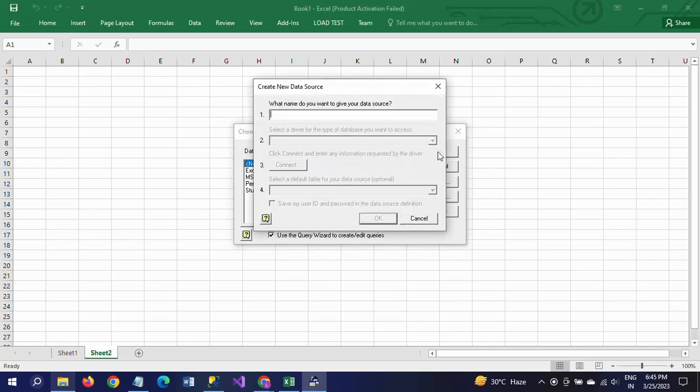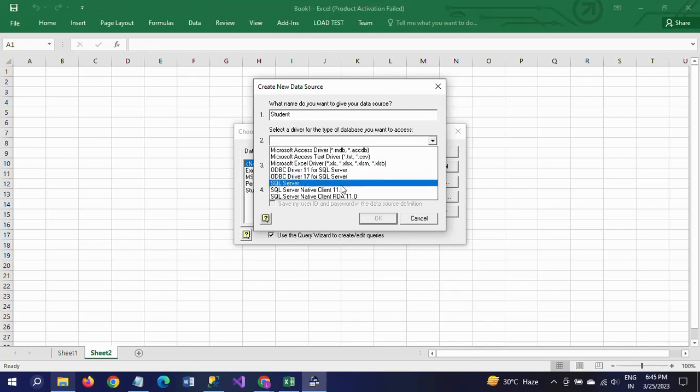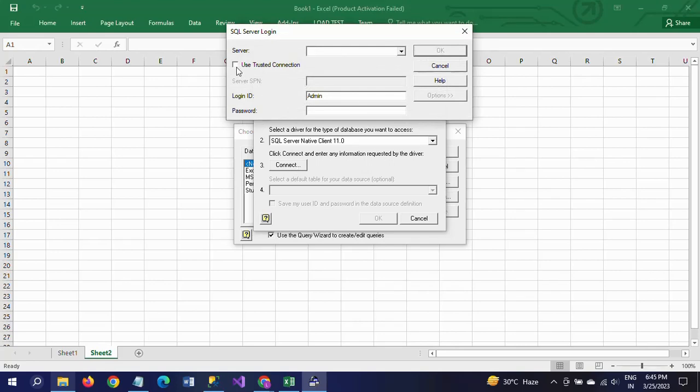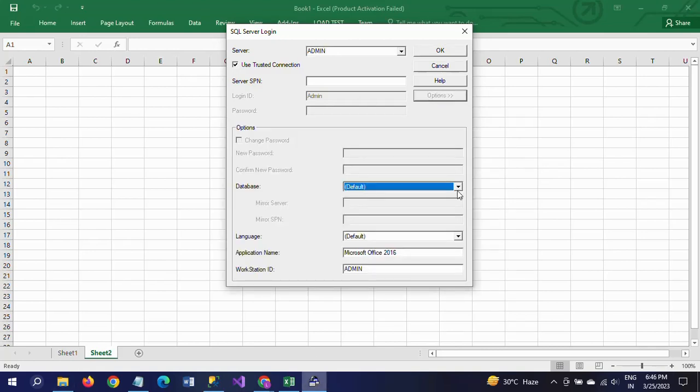Click New Data Source, OK, and give the source name. Now I am giving a student table, which is there. I am selecting that one, student, and the connection I am taking here is SQL Server Native Client 11.0. So click Connect, click this checkbox, enter your server name, go to Options here and select the